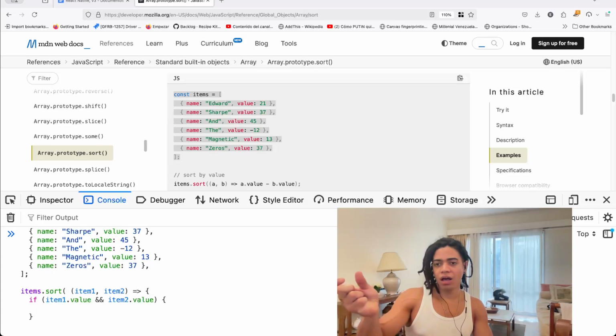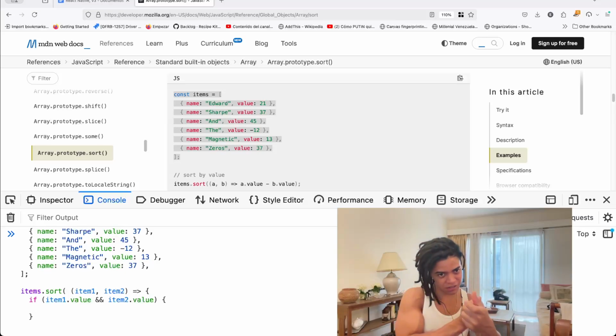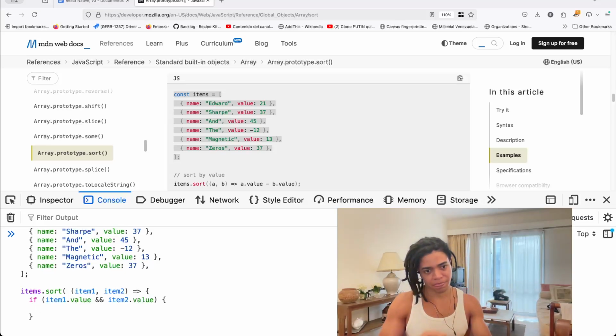In other words, item 2 comes before item 1. Again, this is in this particular order. So if this is positive,